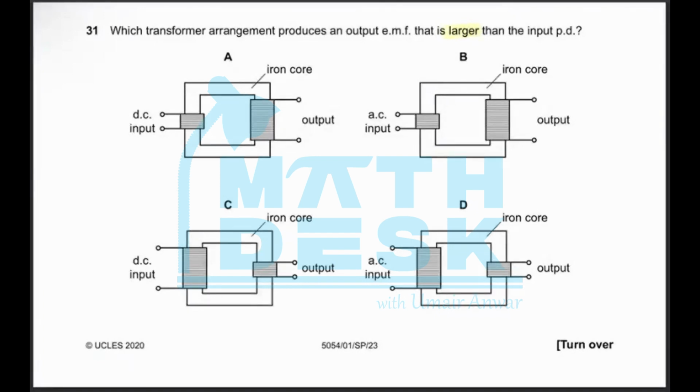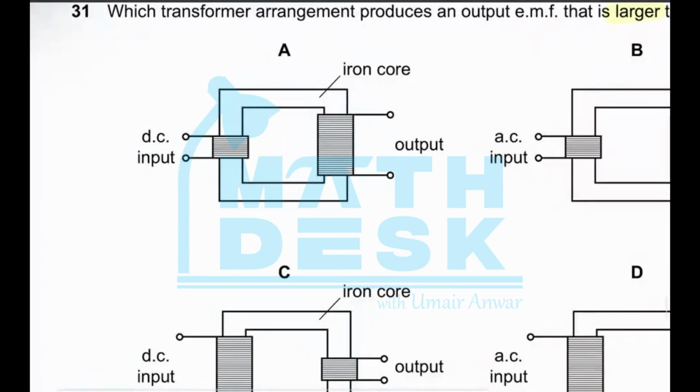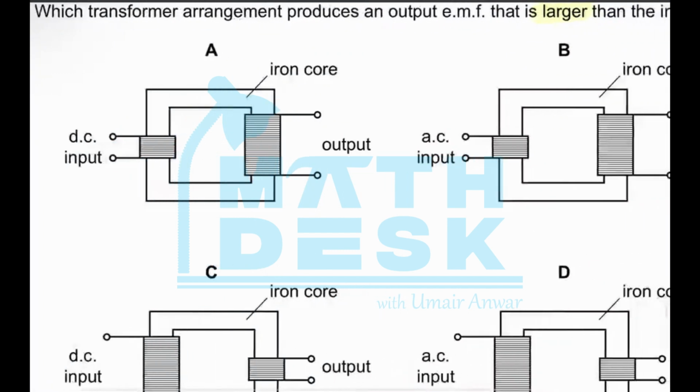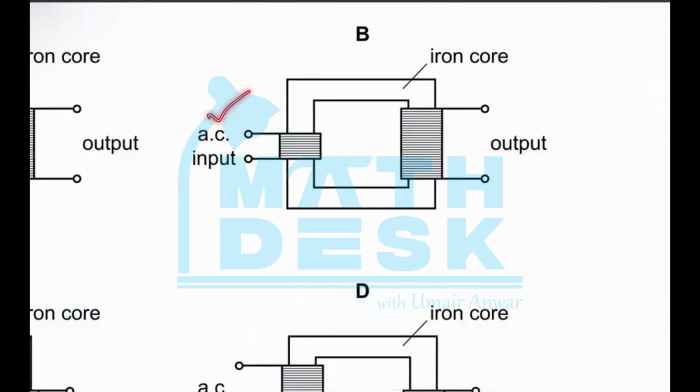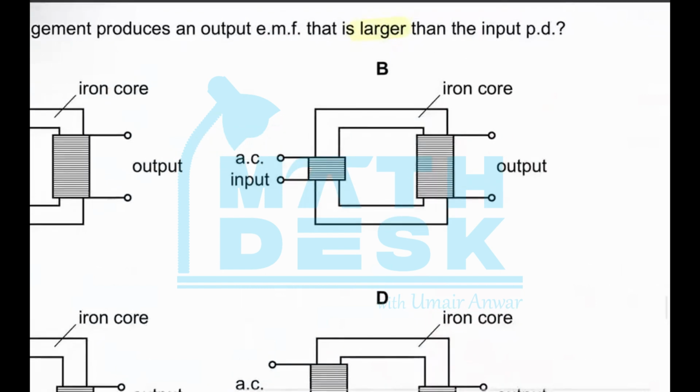In part A, we can see that there is a DC input. So no EMF would be induced in this output coil, because to induce an EMF, there should be an AC supply connected to the primary side of the transformer. Now, an AC supply is connected, and we can see that the number of turns on the input side or the primary side are lesser, and the output has a larger number of turns. So this should be the one where we can get the larger